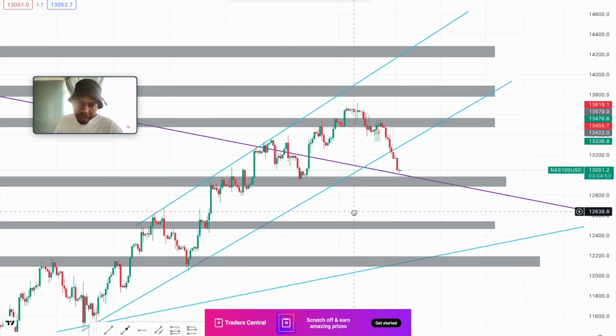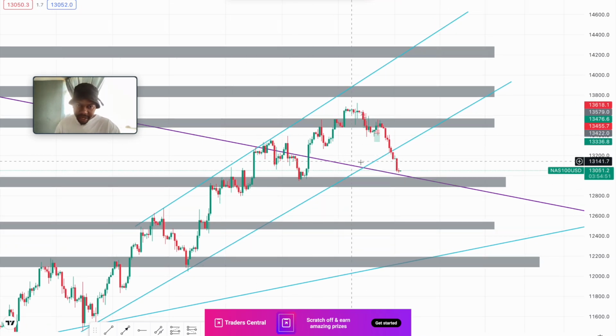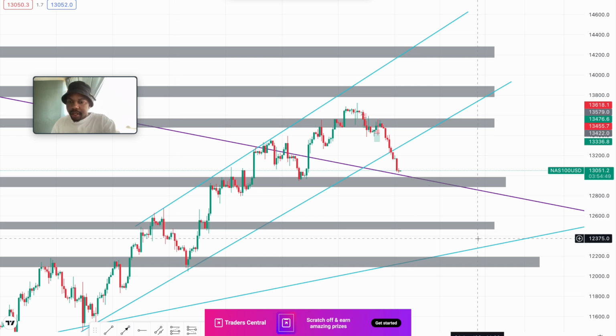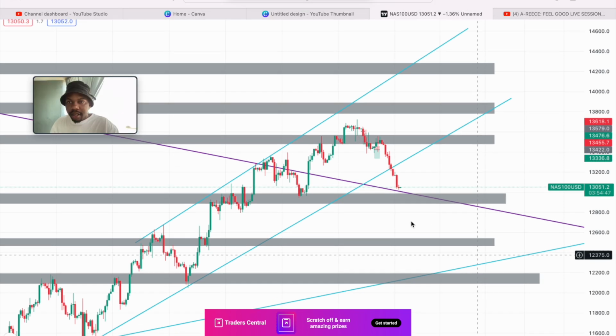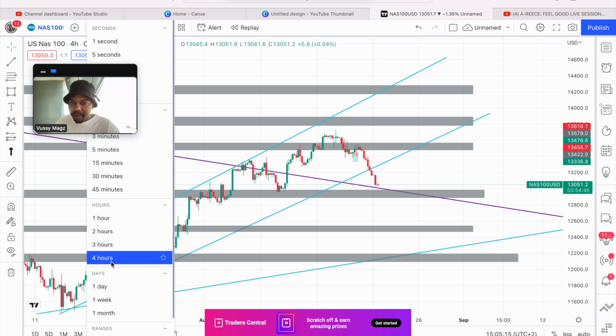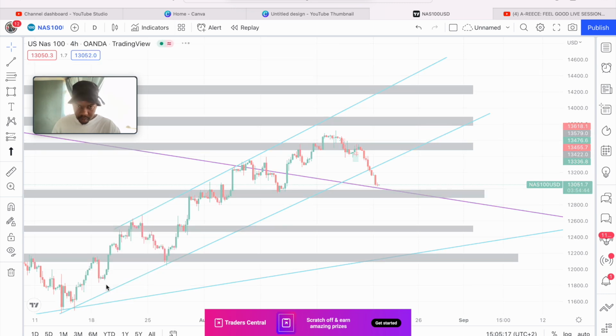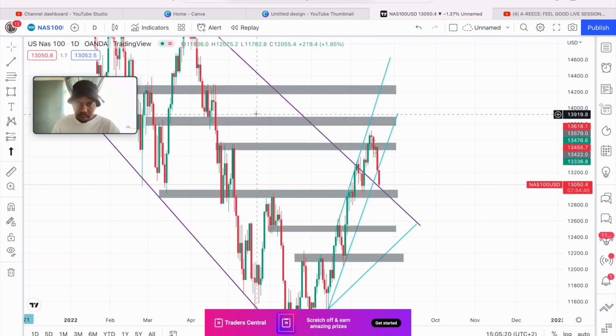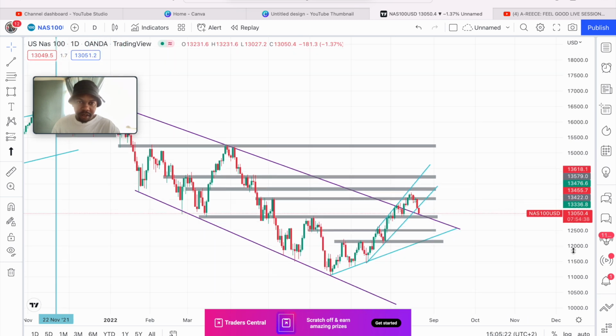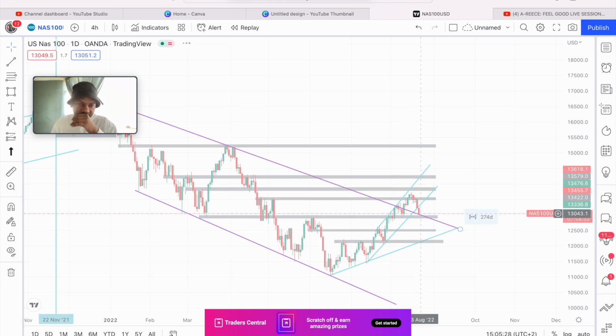So on our daily, we have this trend line, right? Let's just go back to the daily real quick so I can explain what this means. As you can see, our downtrend line, this one that you're seeing here, the market is approaching it. So when I go back to the H4,